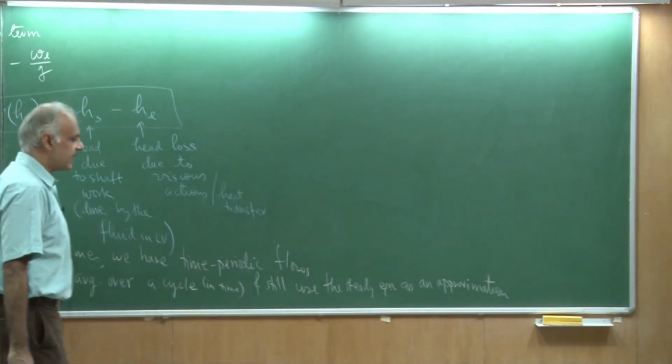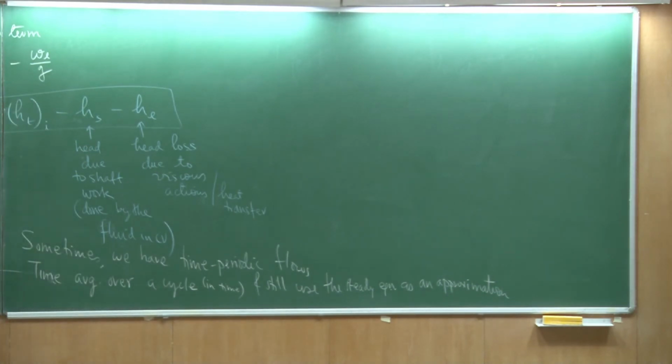So, what we are saying is that when we have derived the energy equation in this form, it is valid for a steady flow. But if the flow is periodic and the time period is large, not changing at a very rapid pace, then we could time average it over a cycle and still use the steady flow in an engineering sense. That would be an approximation, not exact, but if the flow is steady and all these assumptions hold, then of course this is the exact equation.